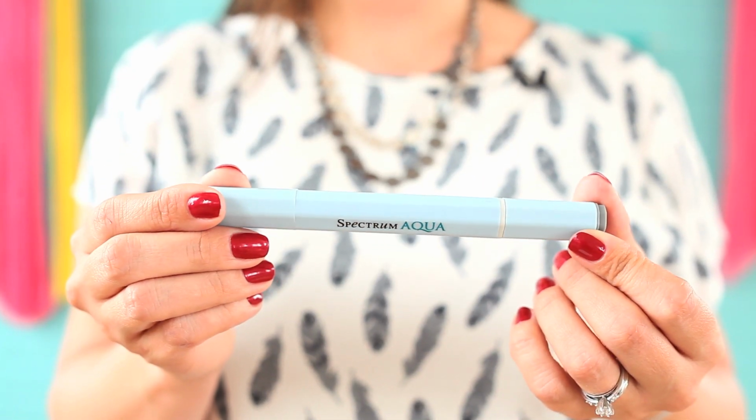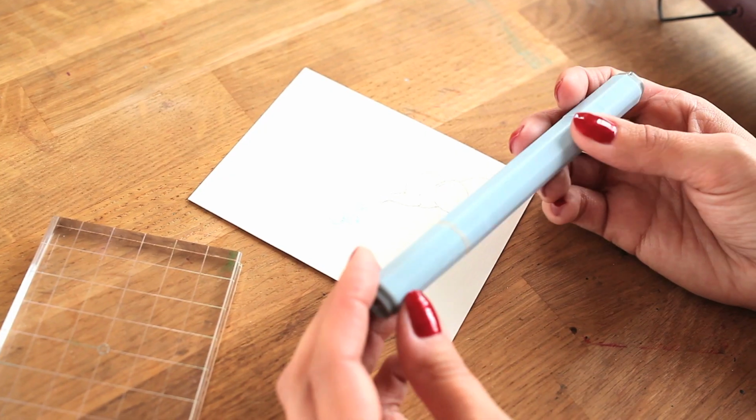To color in our card, we're gonna use Spectrum Aqua Markers. These aren't regular markers. They're actually more like watercolors. Once you add water to them, they react like normal watercolors would, except these are a little bit easier to control because we have 2 tips of markers that we can work with. So to start,